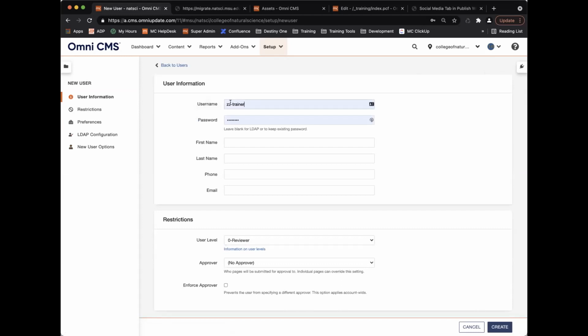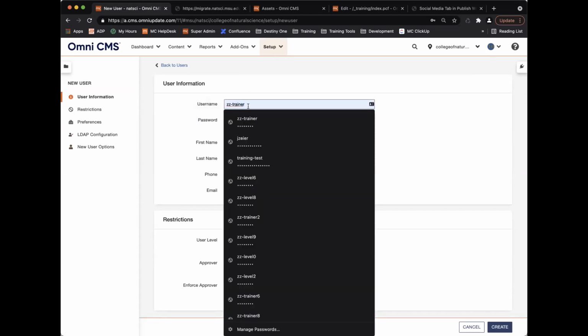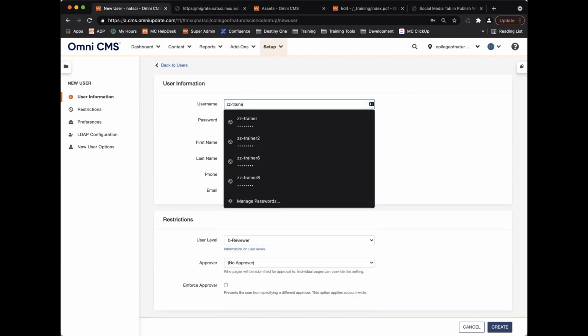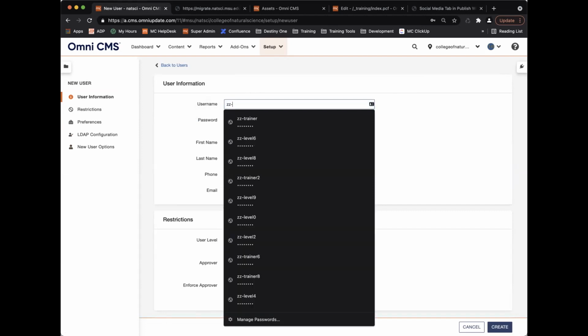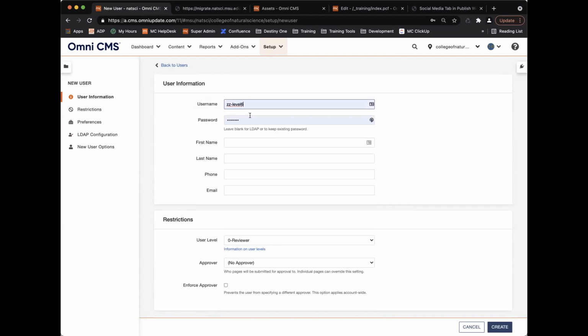And so I'm actually going to create ZZ level 6. Okay, I already have a password that I used for them. And so I'm also going to put in an email for them. So level 6 at